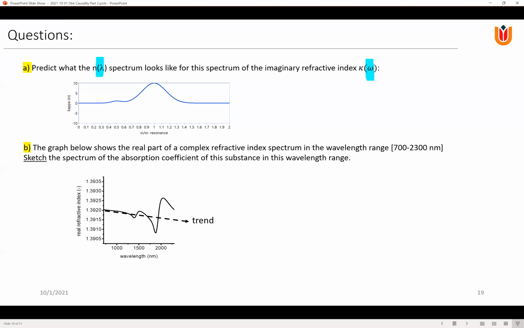So if you take a look at the top graph, then we know that if there are peaks in the absorption spectrum, we'll see oscillations in the real part of the refractive index spectrum. If the absorption peaks are higher, the oscillations will have a bigger magnitude. So now translate this back. Looking at this one,